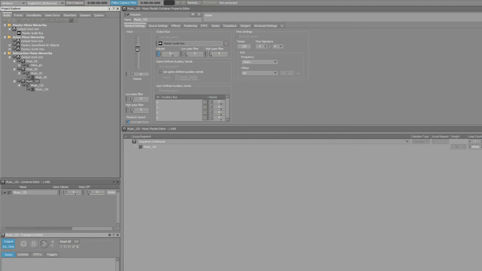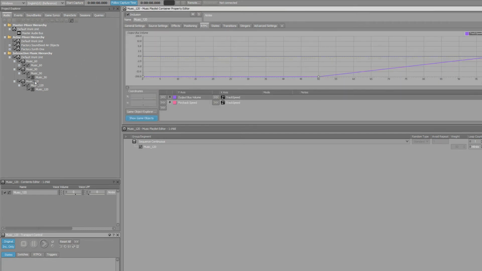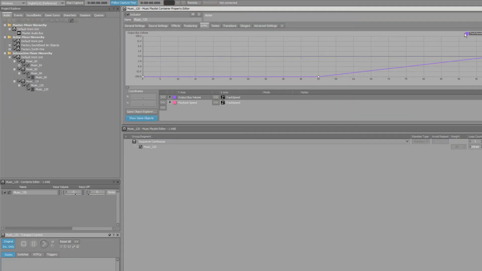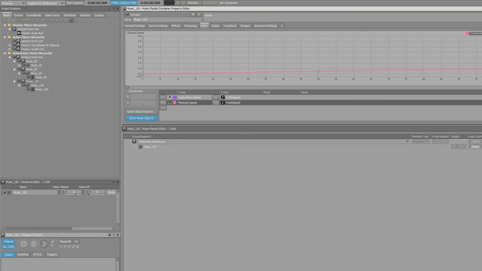If you've ever done any sort of music implementation in Wwise, this should be very familiar to you. Alright, so now, on to the cool stuff. I need to create an RTPC for each of these, for 60, 90, and 120. So I created an RTPC, and it's called track speed. And what you'll see is that for my 120 beats per minute track, because that's my fastest track, when track speed is set to 100, or its maximum value, this has a playback speed of 1, which means